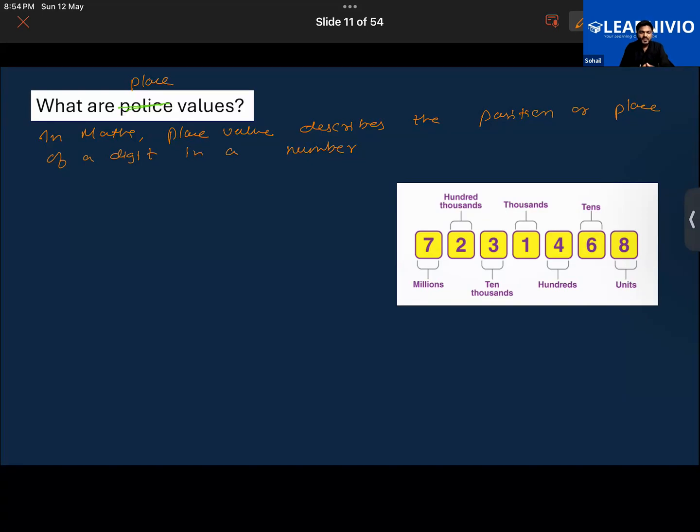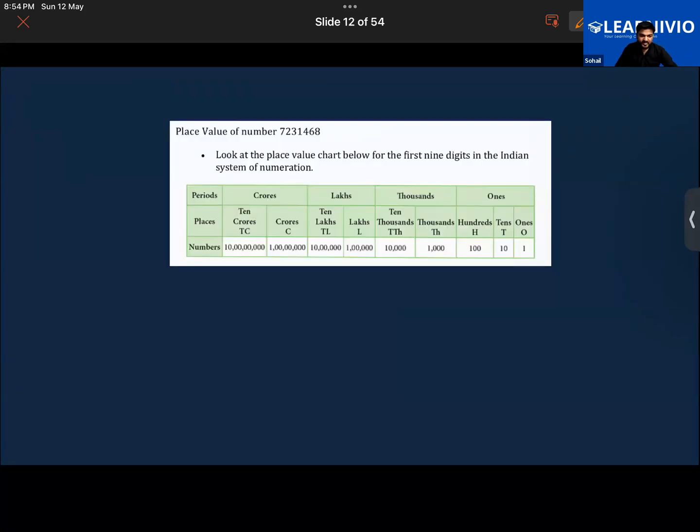Okay. So you see, when we present the number in a general form, with the position of each digit, we will be able to expand it. See, for example, you have a number like this. This number is written over here, and their place values are shown in this manner. This is the units digit, tens digit, and so on, up to the millions place you have. For example, let's say you have a number, and with the help of a number, let's understand this in detail.